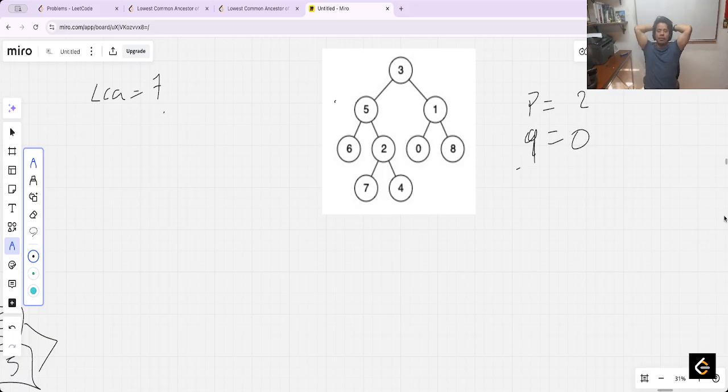In this case, start in the first node, that is 3, is equal to this, now go to the left. 5 is equal to this, now go to the left. 6 is equal to this, now go to the right. 2 is equal to this, yeah, it's equal P. It means that I can